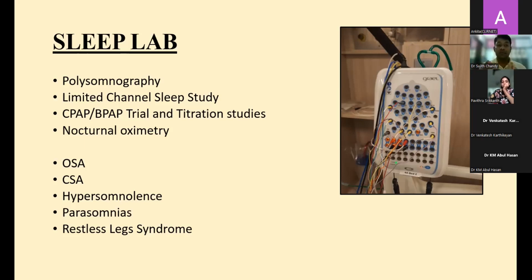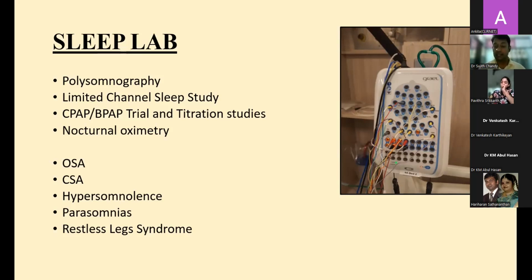Then you have titration studies where you diagnose sleep apnea and then you need to put on the mask to see which pressure is eliminating the apnea and which pressure the oxygen level is maintained. The diseases we can diagnose are obstructive sleep apnea, central sleep apnea, or a mixed combination of both, hypersomnolence, parasomnias,